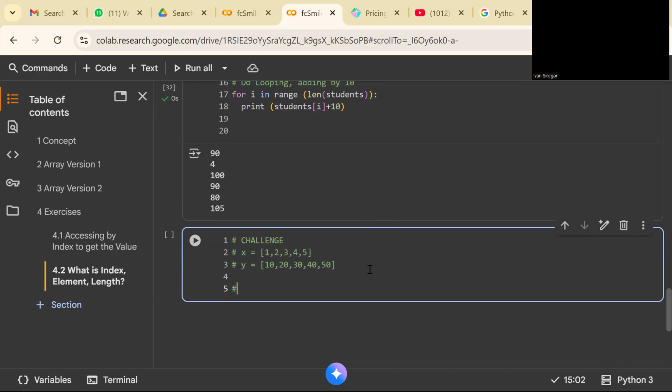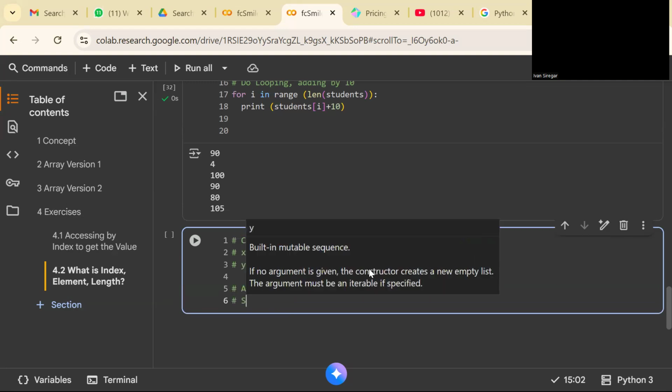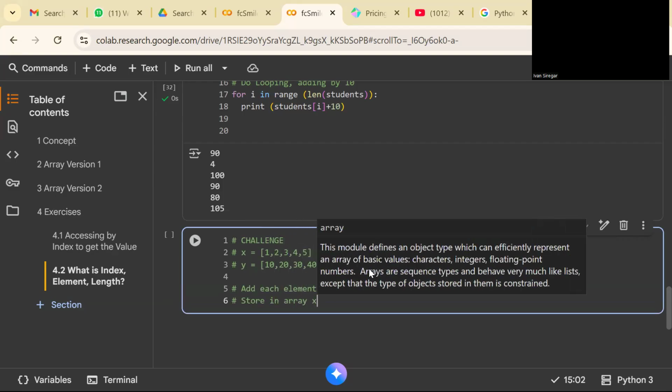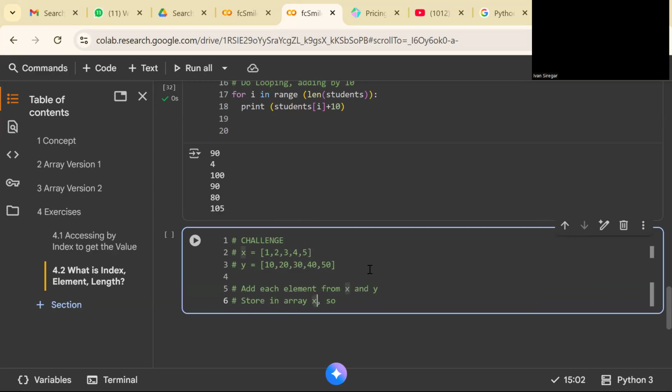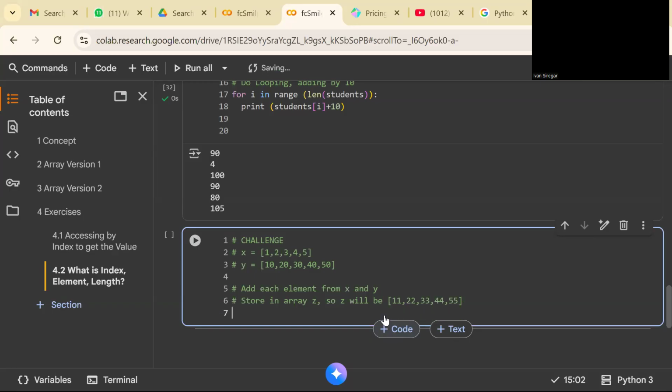Okay, so the Z here should be the sum at each element from X and Y, and then stored in array Z. So Z will be 10, 22, 33, 44, 55.